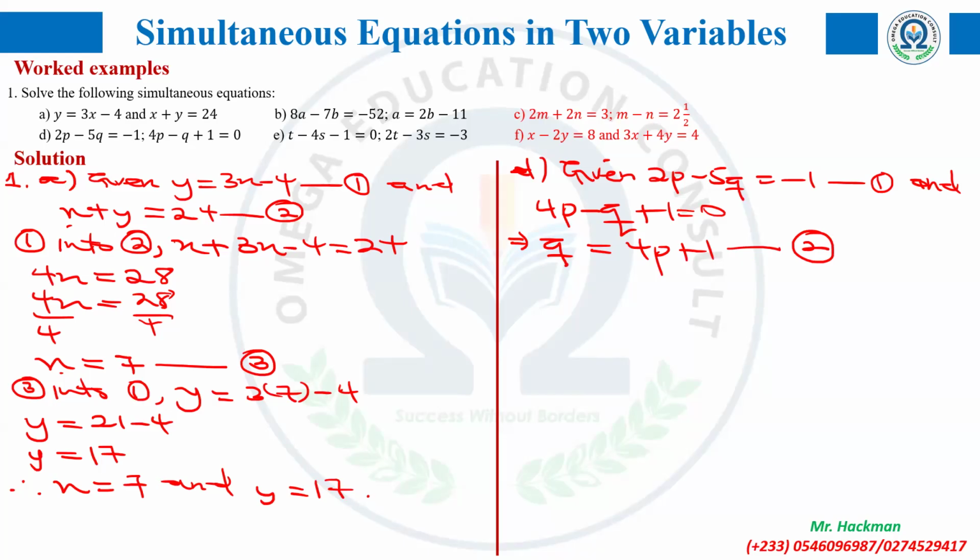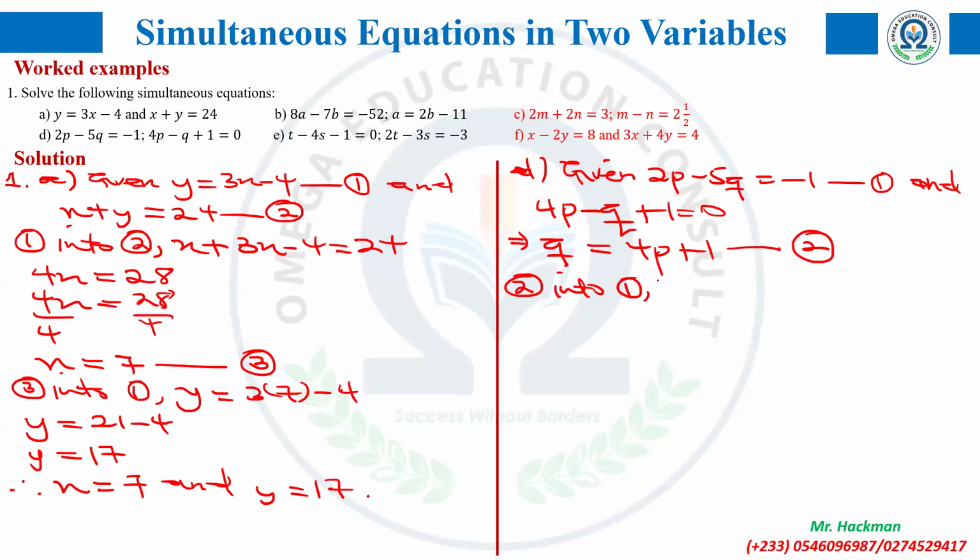Yes, very good. All right. So at this point, you knew the plan. The plan was to use the substitution method. That's why you made Q the subject. So you substitute equation 2 into equation 1 this time around. So equation 2 into equation 1, and that